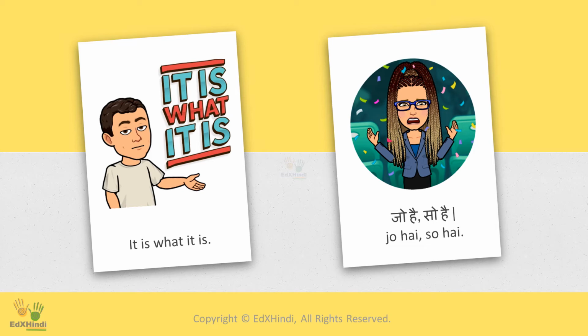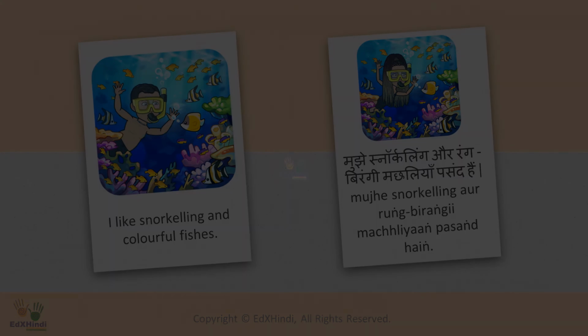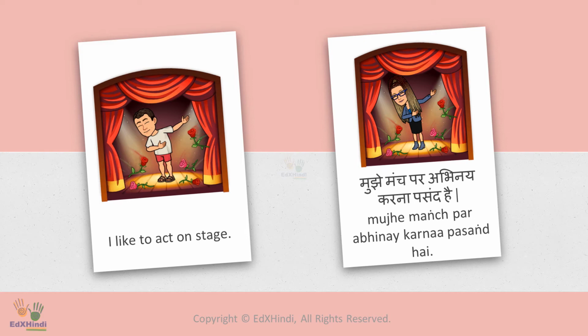जो है सो है। I really like snorkeling in the Maldives. So how would I say, I like snorkeling and colorful fishes in Hindi? मुझे स्नॉर्कलिंग और रंग बिरंगी मछलियाँ पसंद हैं। मुझे स्नॉर्कलिंग और रंग बिरंगी मछलियाँ पसंद हैं।